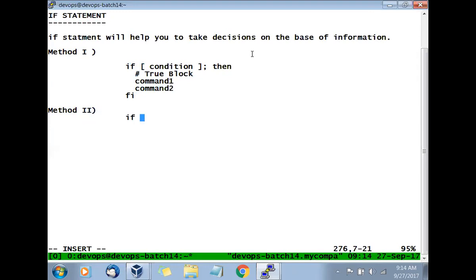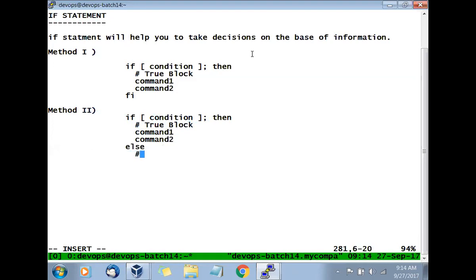Similarly, if you go with method two, you will have two options. We'll say if condition, then you'll go with the true block, and then you'll again go with command one and command two, and you'll say else.